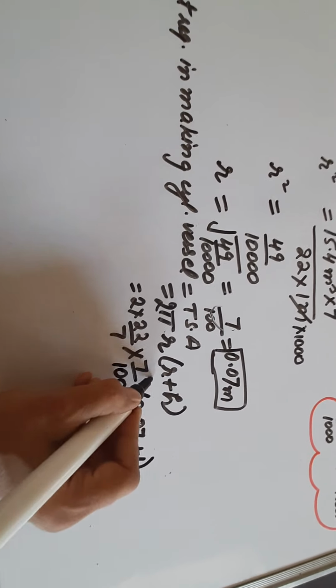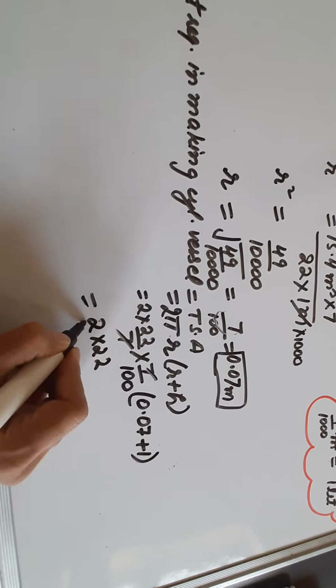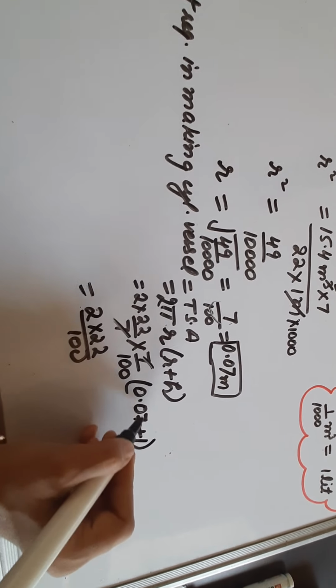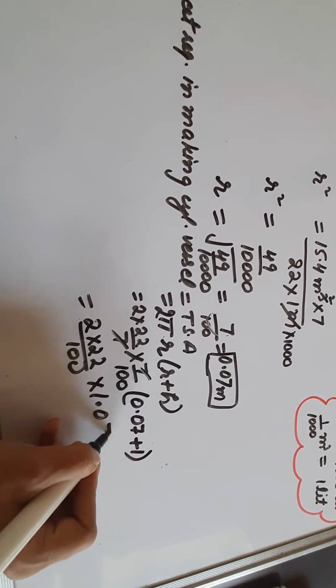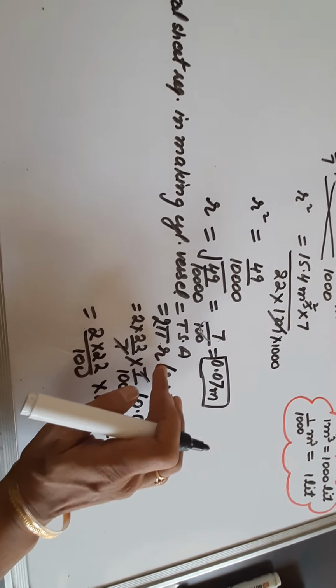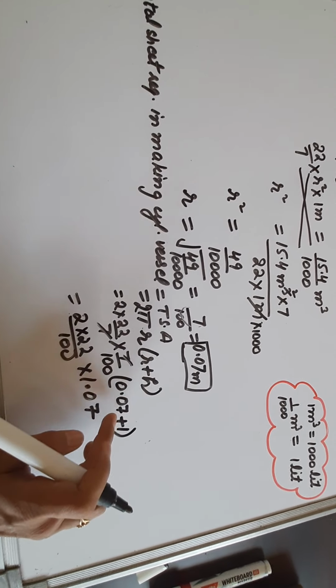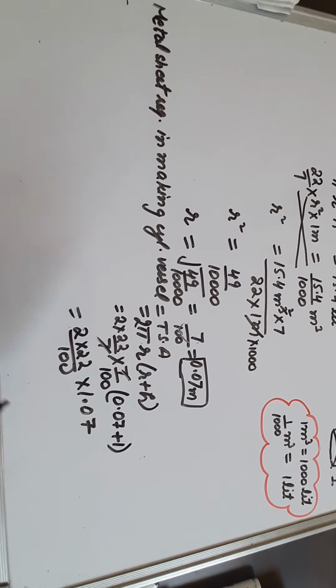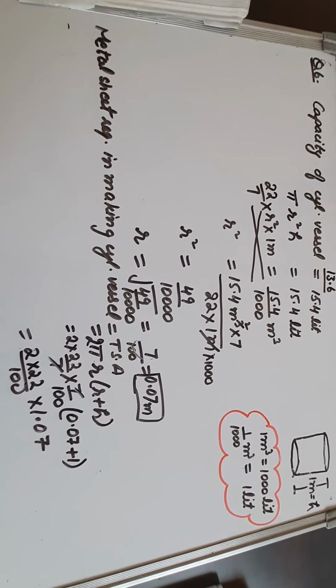How? See, this cancels directly. So 2 into 22 by 100, and this will be easy to add. 1 plus 0.07 is 1.07. So whenever the radius is in multiplication, put the fraction value, and if it is in addition or subtraction, put the decimal value. Now by solving this, we'll get the area of this metal sheet as